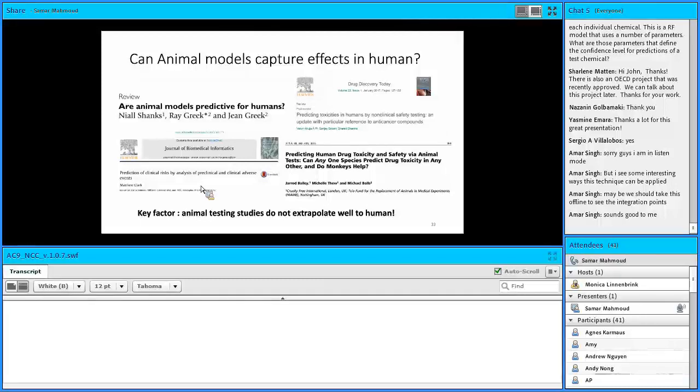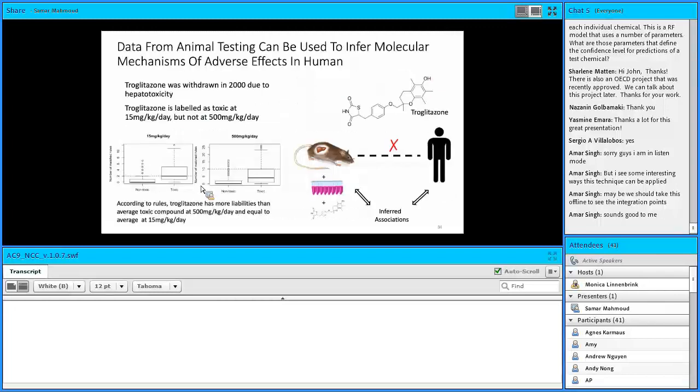Something that has been demonstrated so much in the literature is how well in vivo outcomes can extrapolate into humans. So the data that we have used here is hepatotoxicity in rats, and it has been demonstrated that the outcomes of animal studies do not extrapolate well into human. So one of the observations in our findings regards the drug troglitazone, which is an antidiabetic that has been withdrawn due to hepatotoxicity. This compound is labeled in our data as toxic at the 500. There is a typo here. It's labeled as toxic at the 500 milligram per kilogram per day, but not at the 50 milligram per kilogram per day. However, the promiscuity of this compound